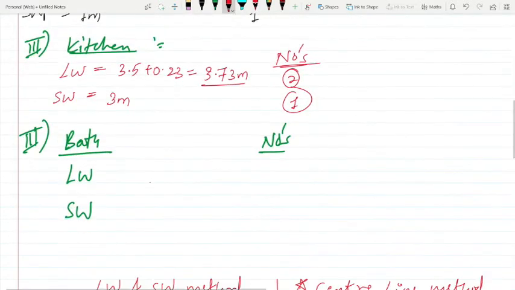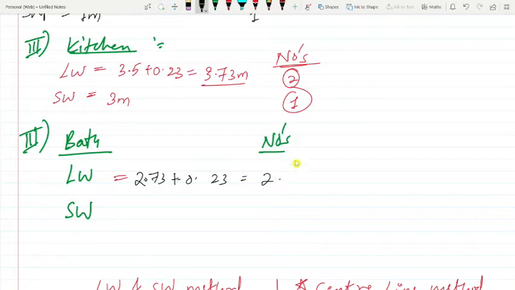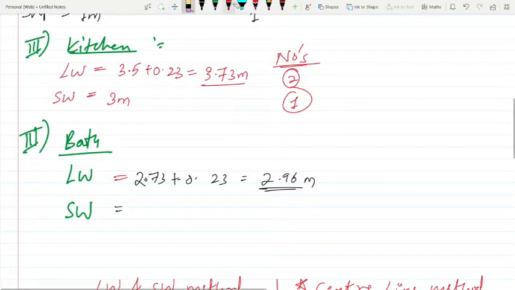So 2.73 plus 0.23 is 2.96 meters. Got it? And the numbers I should have written here.